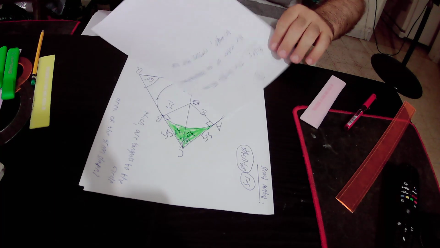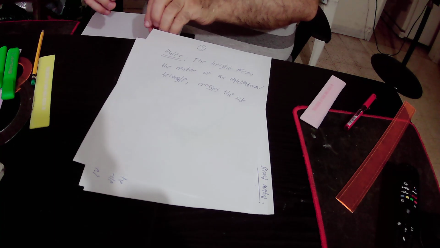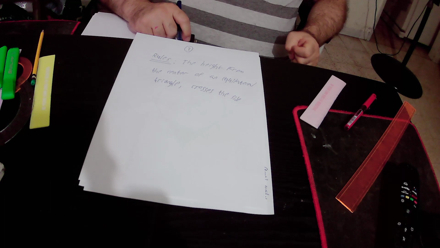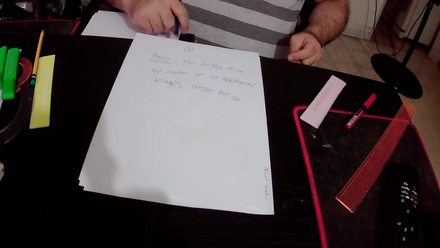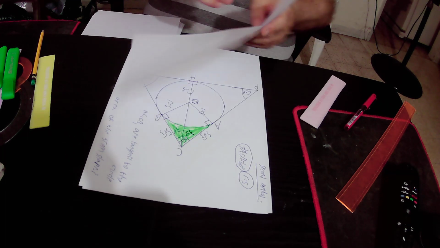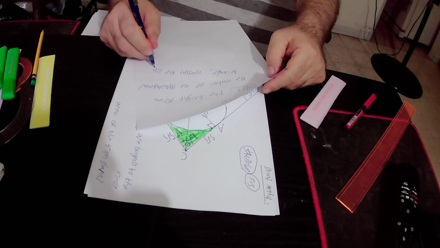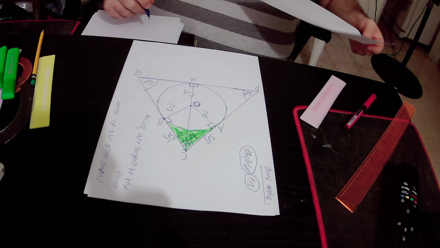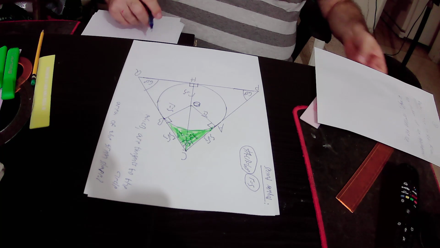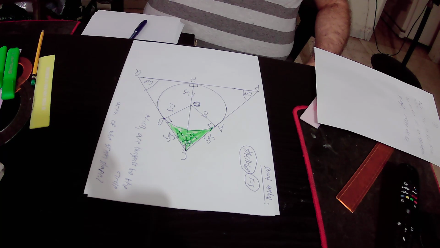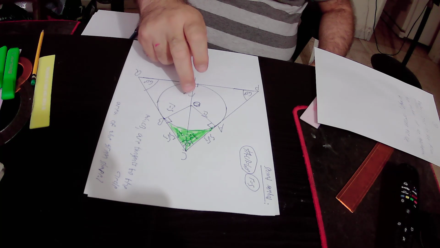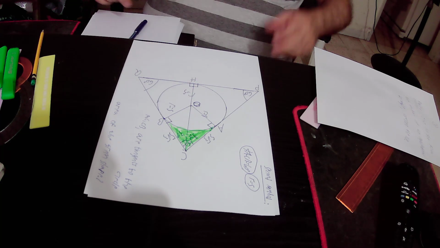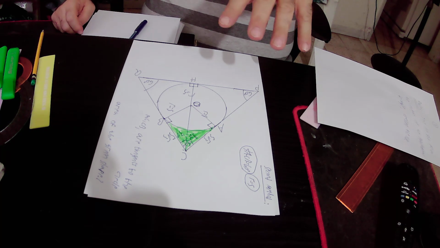I will read rule number 5 again. Rule number 5 states that the height from the center of an equilateral triangle crosses the side. So what is the meaning of rule number 5? The meaning of rule number 5 is that if you draw height from the center of an equilateral triangle, then that height will divide the side to 2